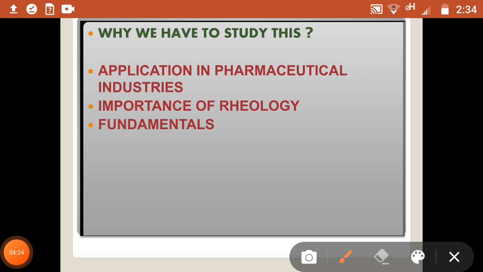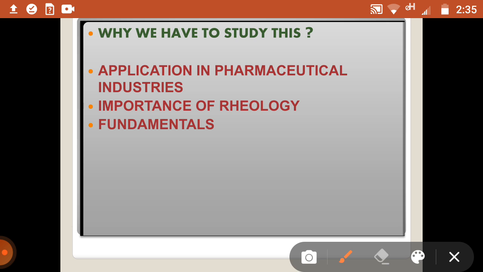Why do we have to study this? Yes, the basic question. When I was in that year of pharmacy, I was also thinking, why are we studying rheology, or for that matter statistics or mathematics? I was like, why am I reading this, why am I learning this, why do I have to appear in that exam? So these are all fundamentals or concepts which are important for the pharmaceutical industry as well as in hospitals, in dosing, in formulations. According to APIs, active pharmaceutical ingredients. This is another topic.